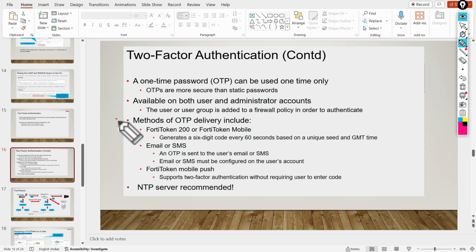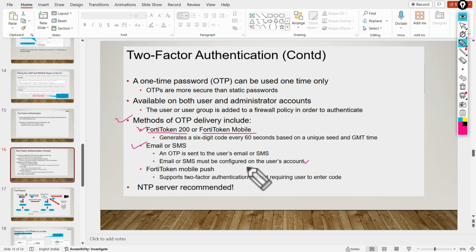The methods of OTP delivery include, first, FortiToken 200 or FortiToken Mobile. The first is a physical appliance, and FortiToken Mobile generates a 6-digit code every 60 seconds based on a unique seed and GMT time. Alternative ways are SMS or email, where the OTP is sent to the user's email or SMS, which must be configured in the user account.